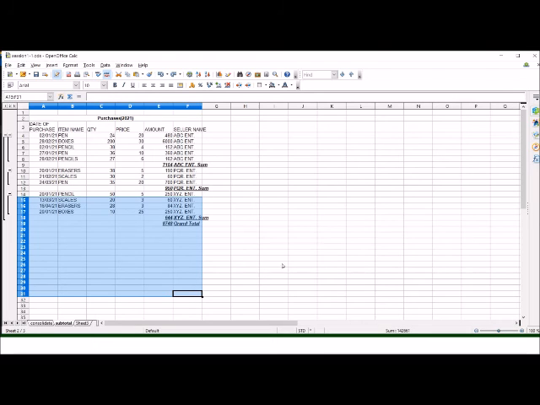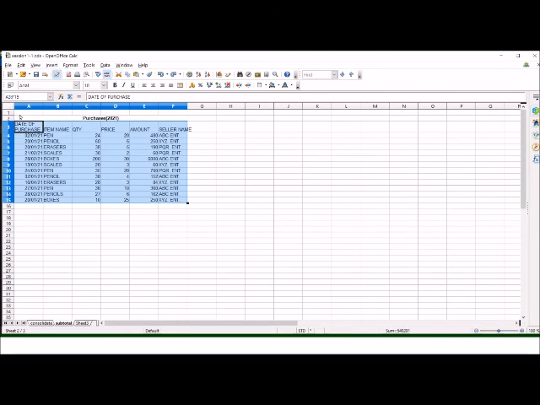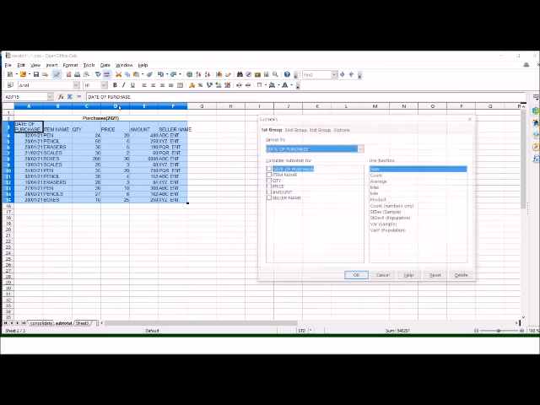So this is how we can group the data using the subtotal option.